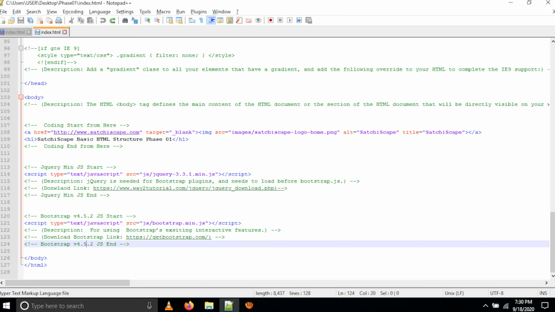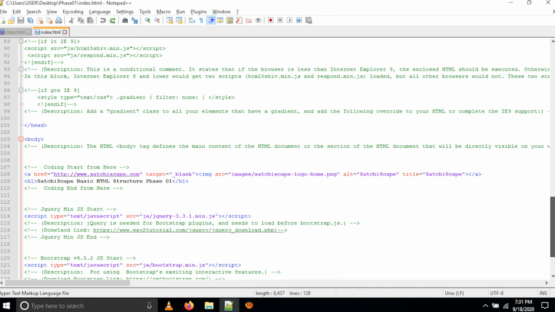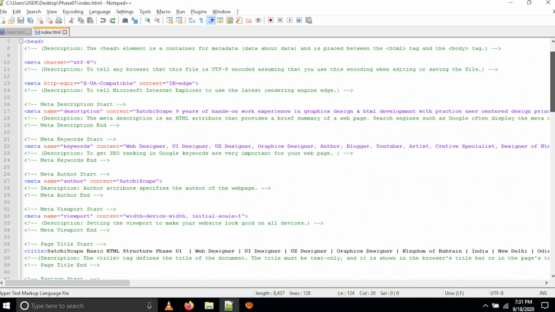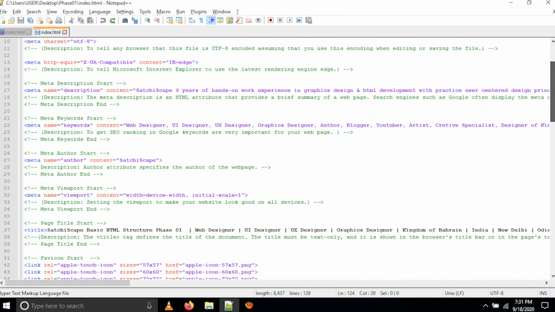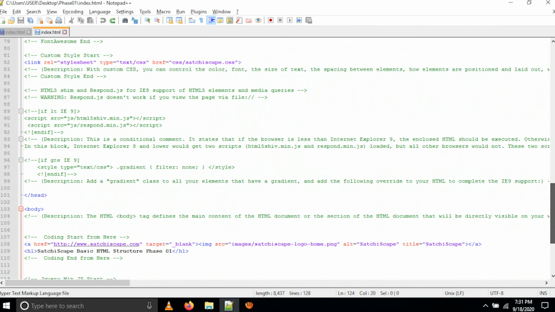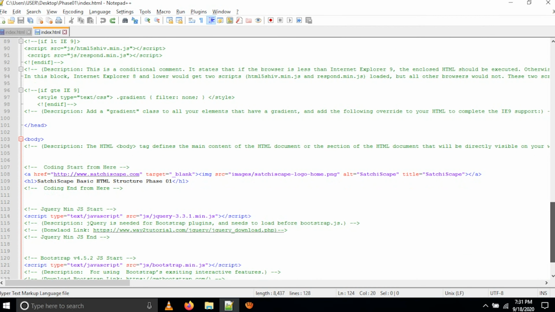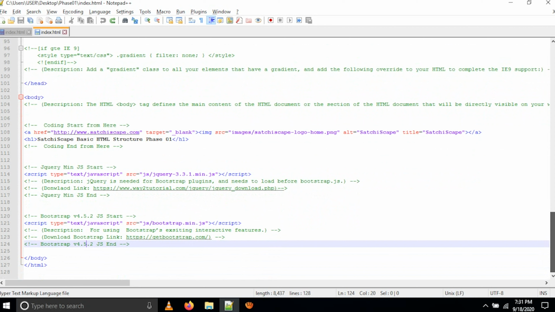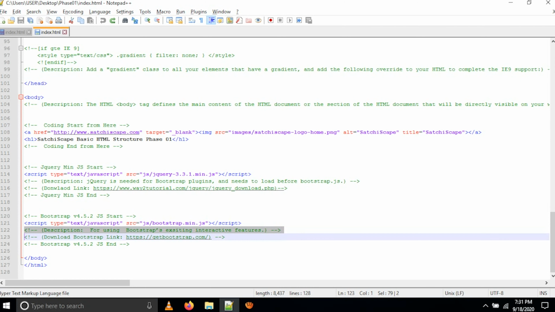This is the flow and these are the features of how we are working with HTML. Beginners who don't know about HTML coding can use this HTML code. If they have doubts, they can also ask me. And one thing: when you are using this HTML code, don't use these descriptions. You have to remove these descriptions and the download links. This is only for this tutorial. I have given these download links and descriptions, and you have to delete them.